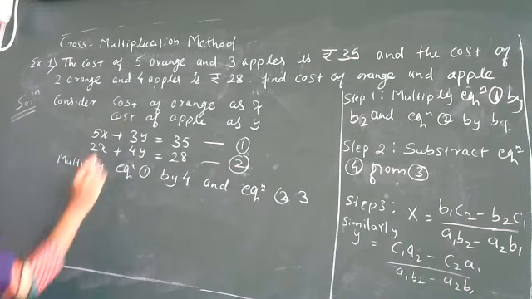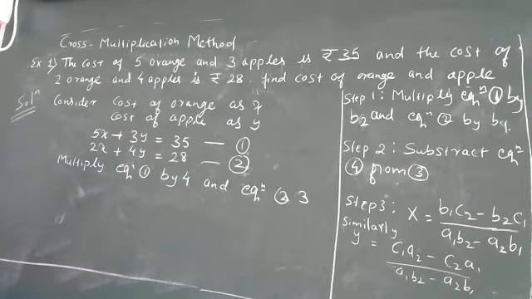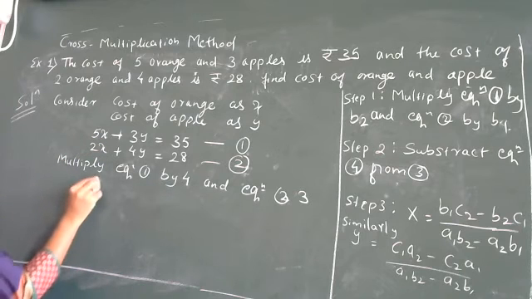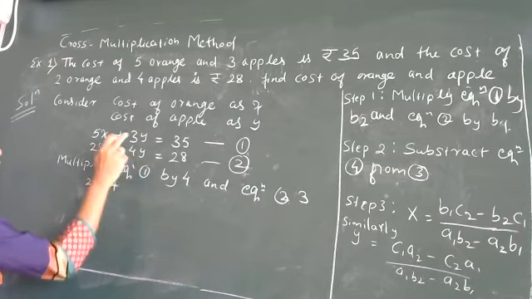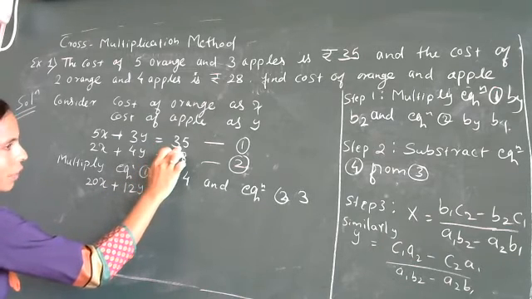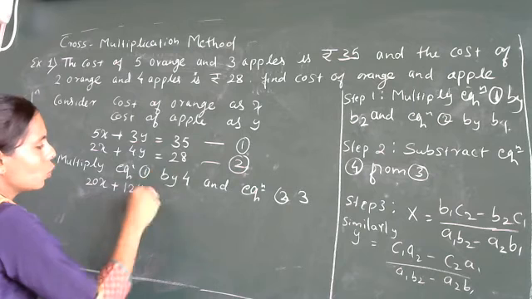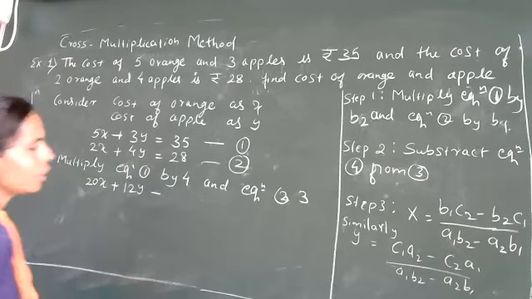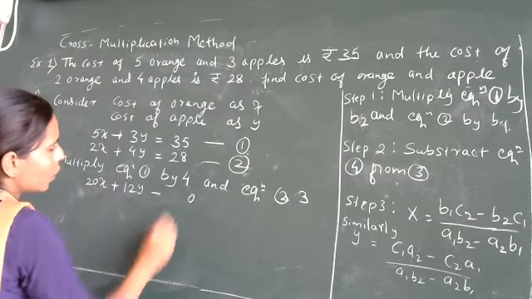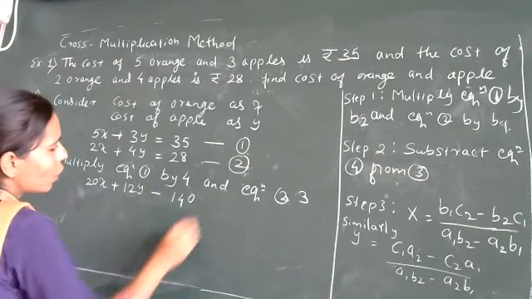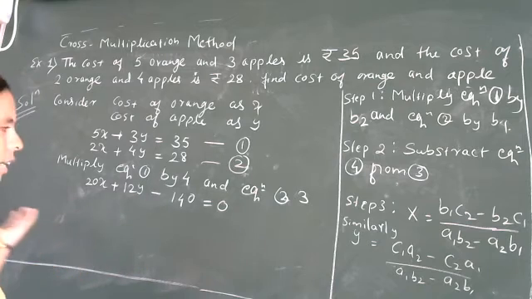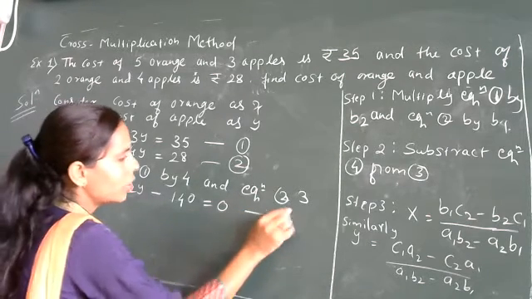So when you take the multiplication, these two equations will get changed. What are those? 5 into 4, so it is 20x. 4 into 3, 12y. This is equal to 35. We have to take it in standard form. So take on this side, what will it be? 35 into 4. 4 fives are 20, 2 carry, 4 threes are 12 and 2 is 14. So 140 is equal to 0, I will take. See, in standard form we are taking all values on one side, right? So this is your third equation.